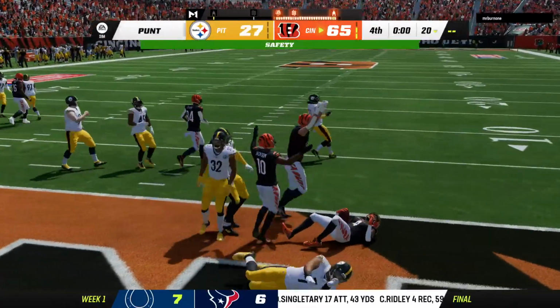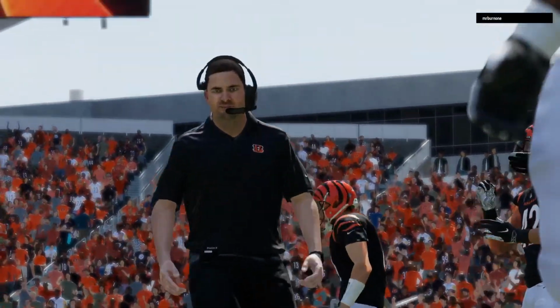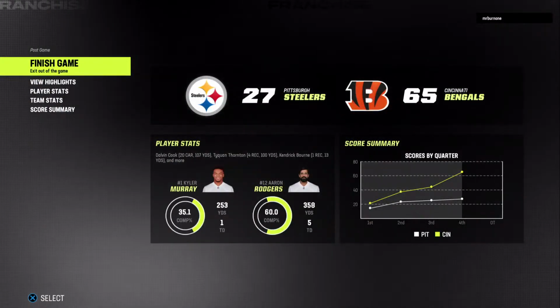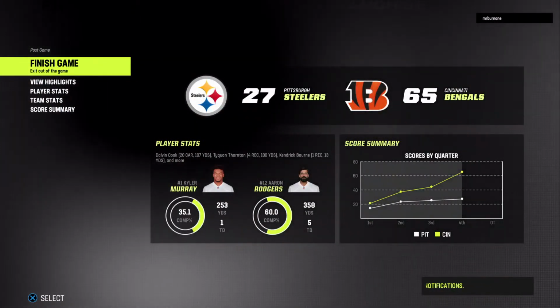And can you believe it? It's a second safety in this ball game. Well, this was not just the opener of a brand new season, but this was a division game here in Week 1, and to come through